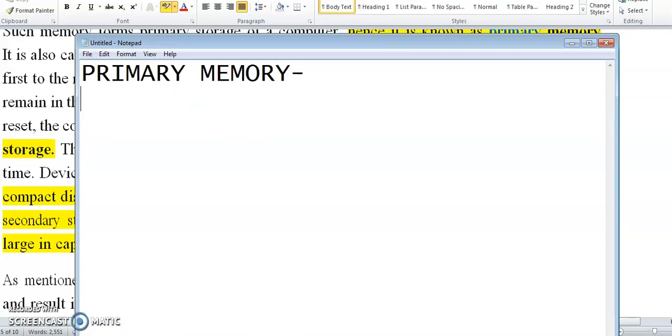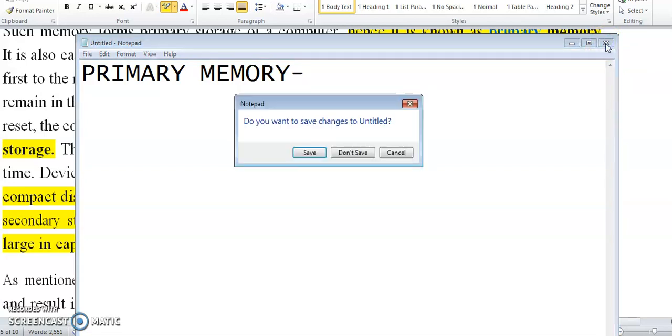Primary memory. I can write one word here, primary memory. Suppose I want to close it. It's stored somewhere in the computer. I am going to close it. The computer asks me, do you want to save changes to untitled? If I want to save,